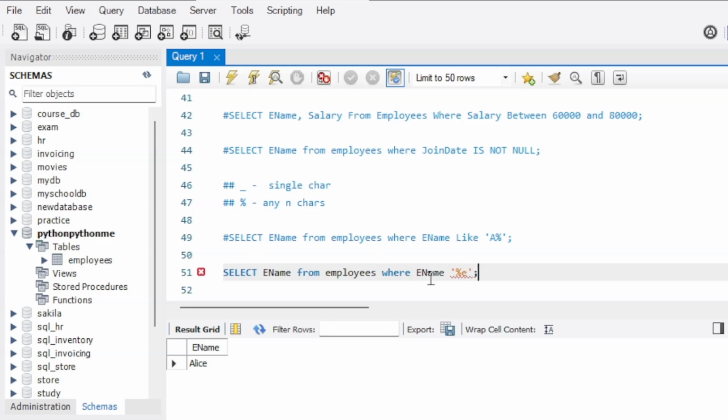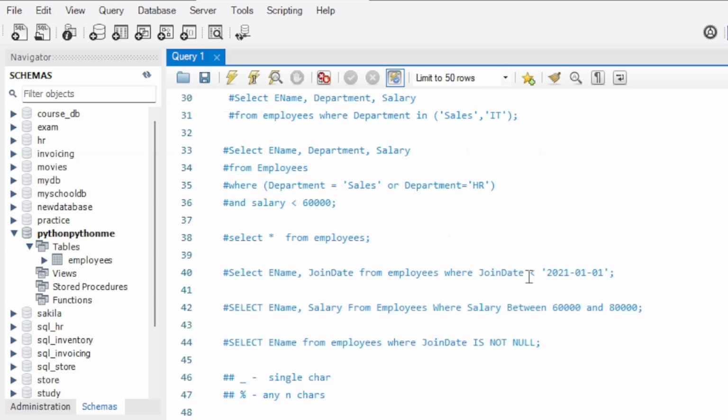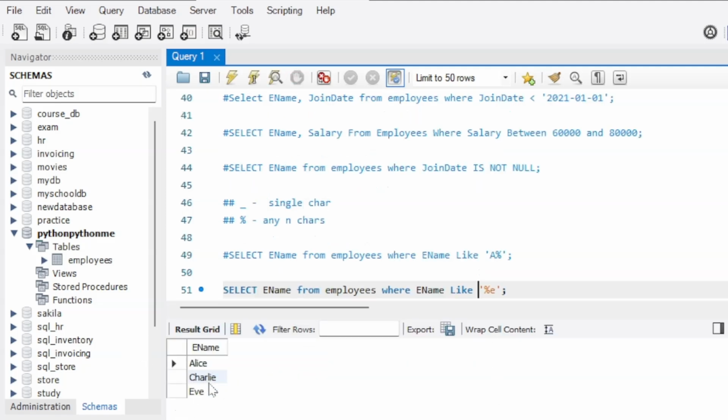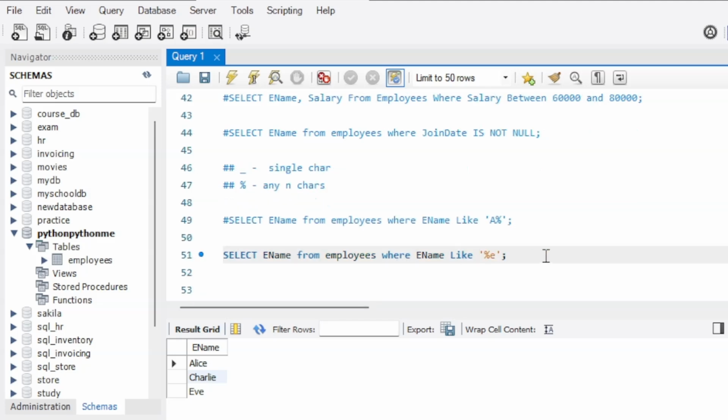The %E means that we are going to ignore all the previous characters and we are only interested in the very last character, which is E. And when we go ahead and hit enter, oh, I guess I made a mistake. Yeah, the like operator, so you have to write like %E and hit execute. As you can see, Alice, Charlie and Eve, these are the names which have the letter E at the